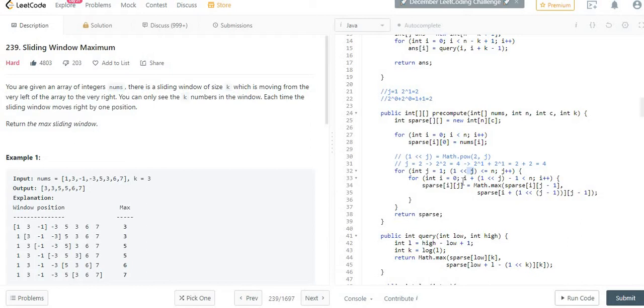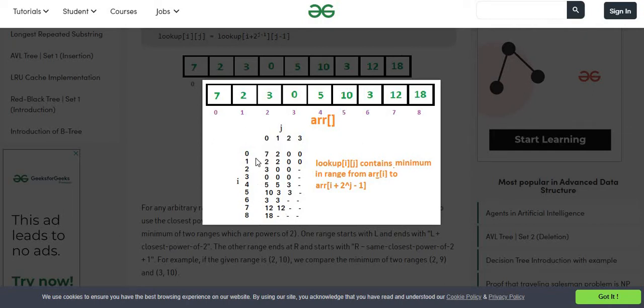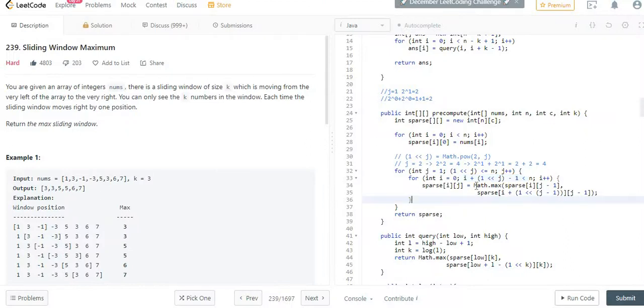Secondly, as I said, if you take a look at this diagram or this picture, consider that the i value is 2 and the j value is also 2, and n in this case is 8.